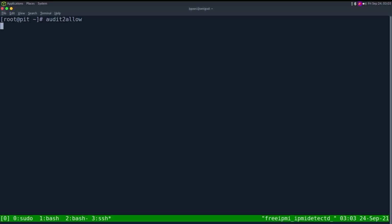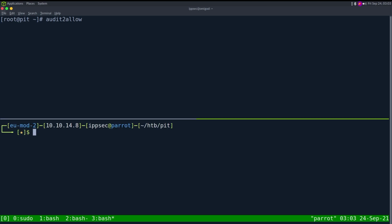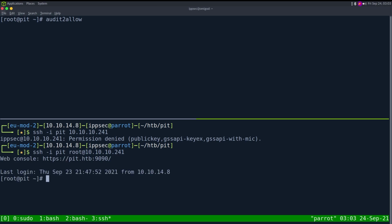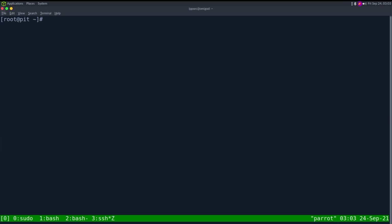So while that runs, let's get another SSH session to this box. So ssh -i pit 10.10.10.241. Because I have to specify root to explain what these rules are and demonstrate SELinux. And just doing the autopwn button to make SELinux work isn't that great for a demo. So let's go up here and we can say,